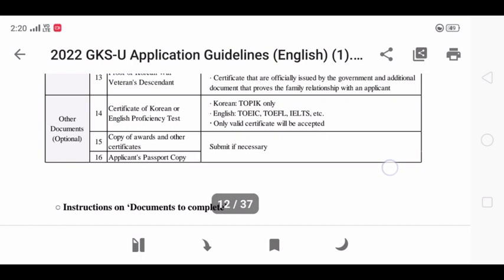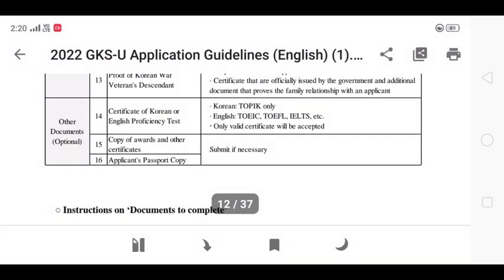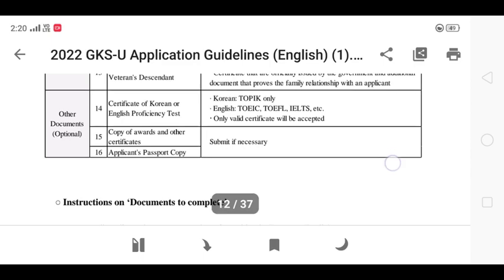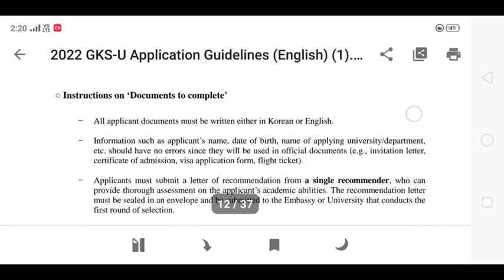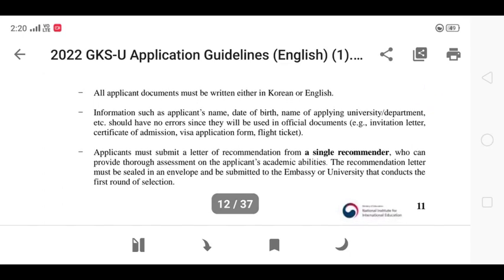So it will be very great if you have already prepared your documents. If you are serious about studying in Korea, please get up from your chairs, go to your school, go to your respective colleges, apply for the passport and all the required documents, and prepare before the month of September, even before August. It will be very great if you already have all the documents.